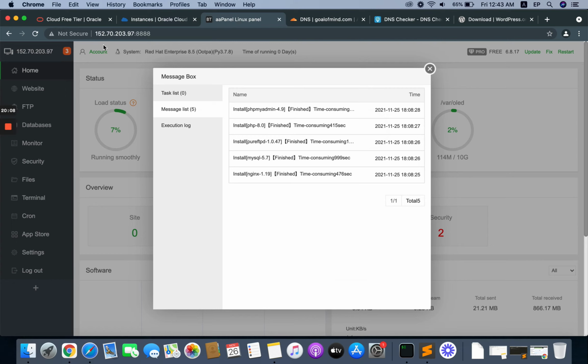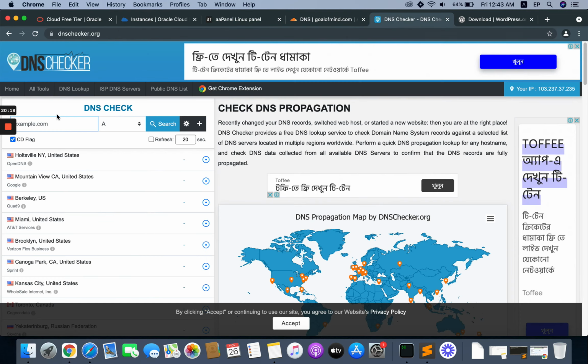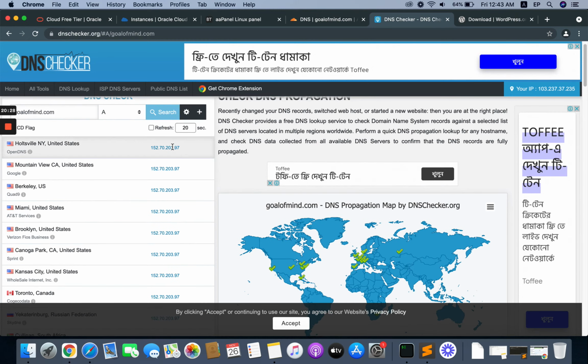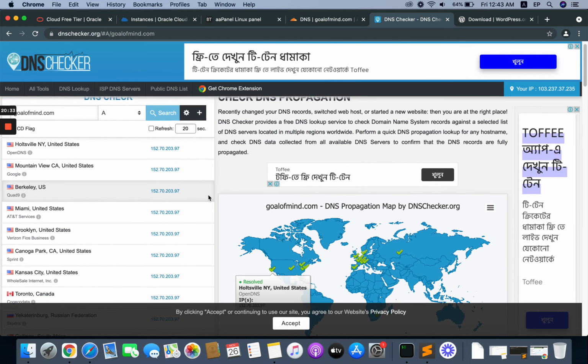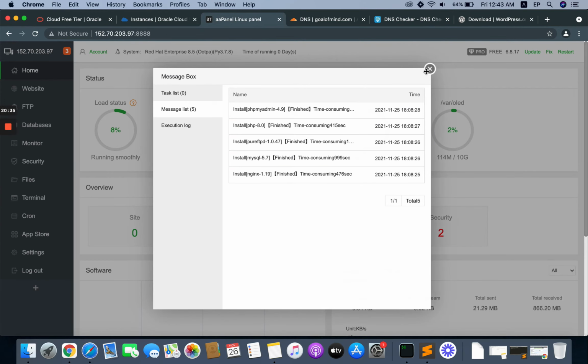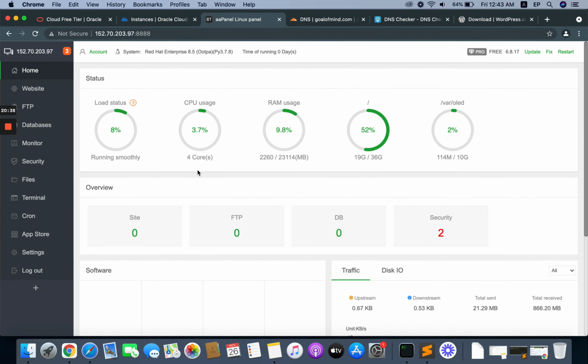Our IP address is 152.70.203.97. So let's check goalofmind.com, click search. It seems our IP address is fully propagated. So now we can install our website. To add our websites, click websites,